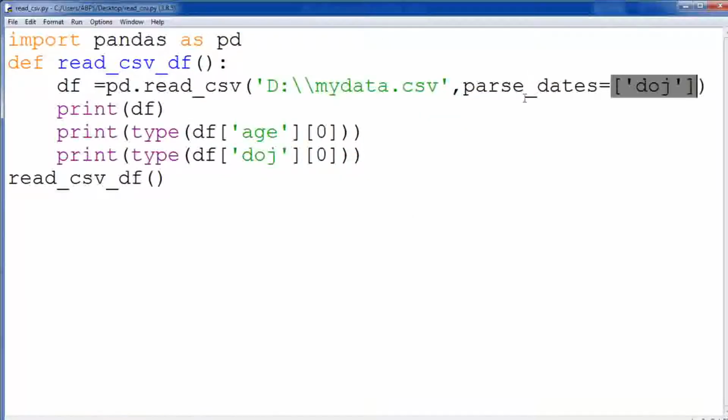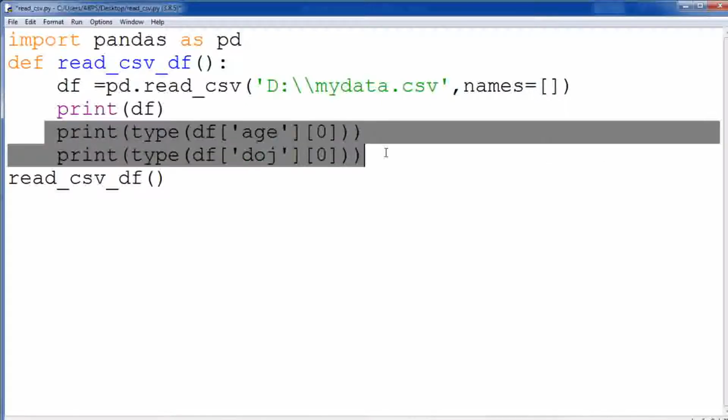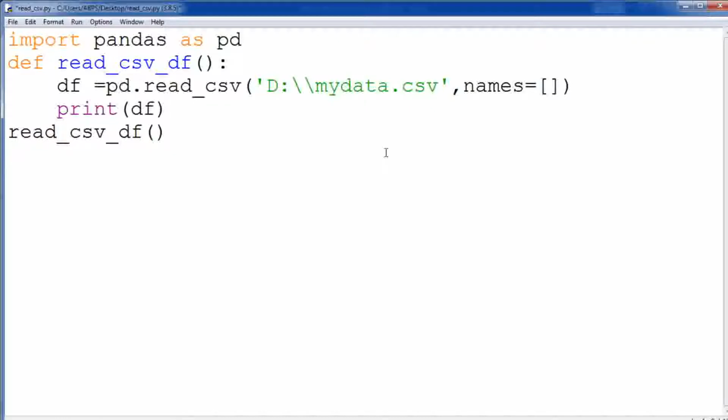So first, I want to use this parameter, names equal to, then provide the column names only. Let me delete this now. Okay, now the first column name I want to display as ename. The second column name is age, which I want to write in a proper manner; it was in small letters there, now I want to use a capital.